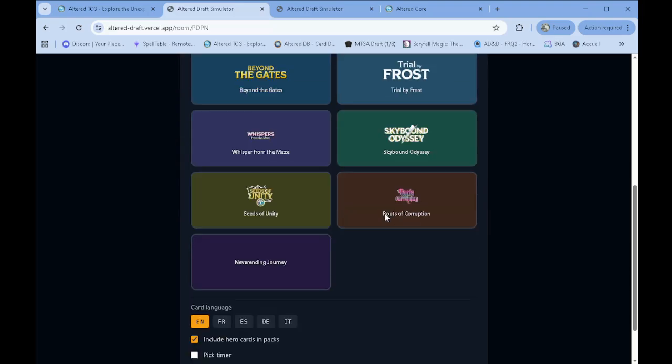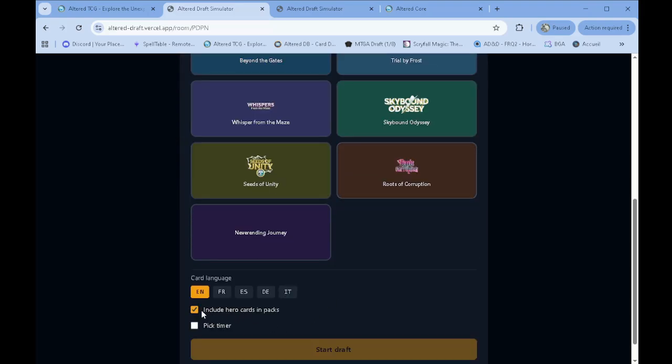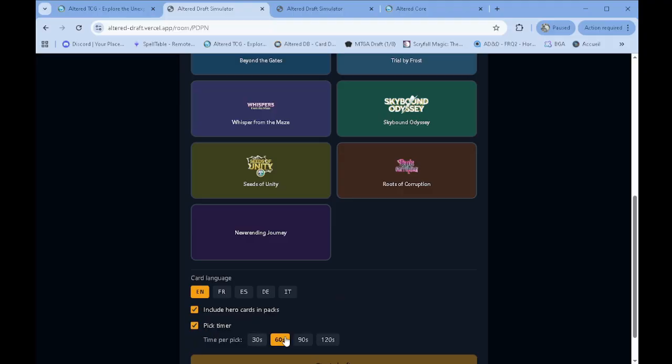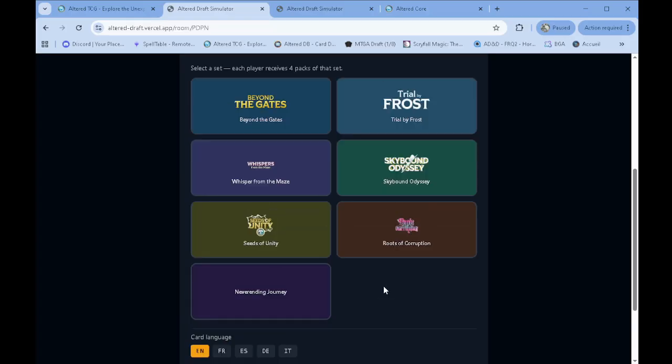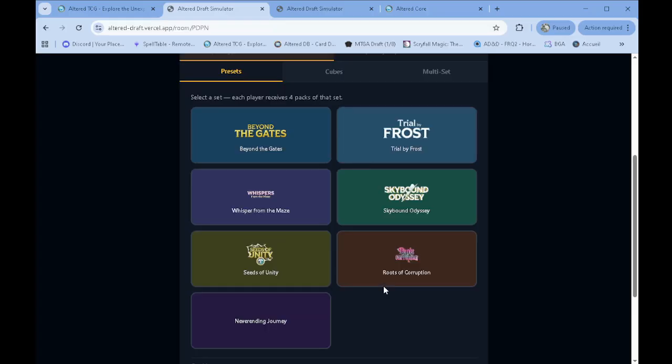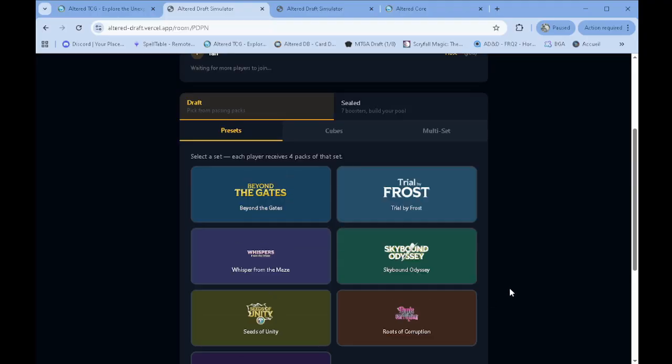So in here you've got all of the possible pool items. Be aware that all altered events are going to be 60-minute for drafts, and we will not be playing with sealed or draft packs with the heroes. You'll be able to play any one of the heroes that are currently available on BGA or the deck builder that you're using. In order to play the events, we're not going to have that limitation currently